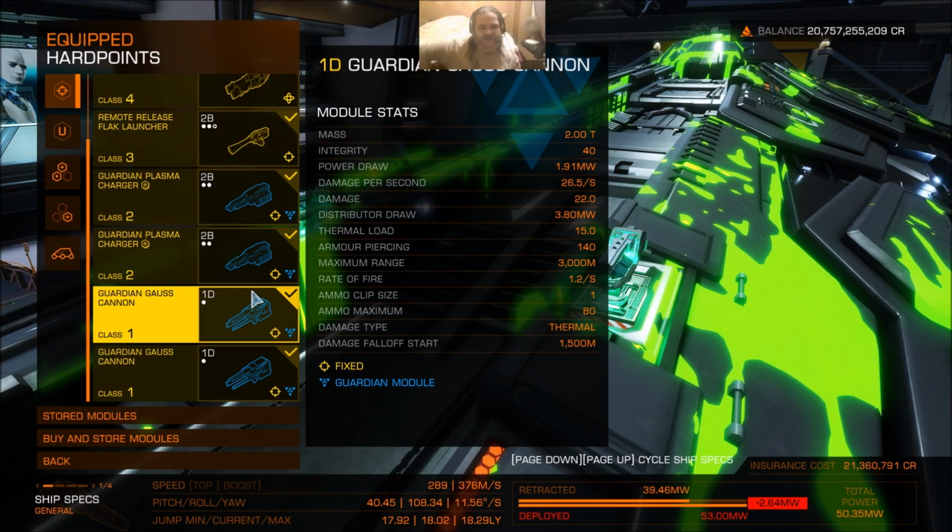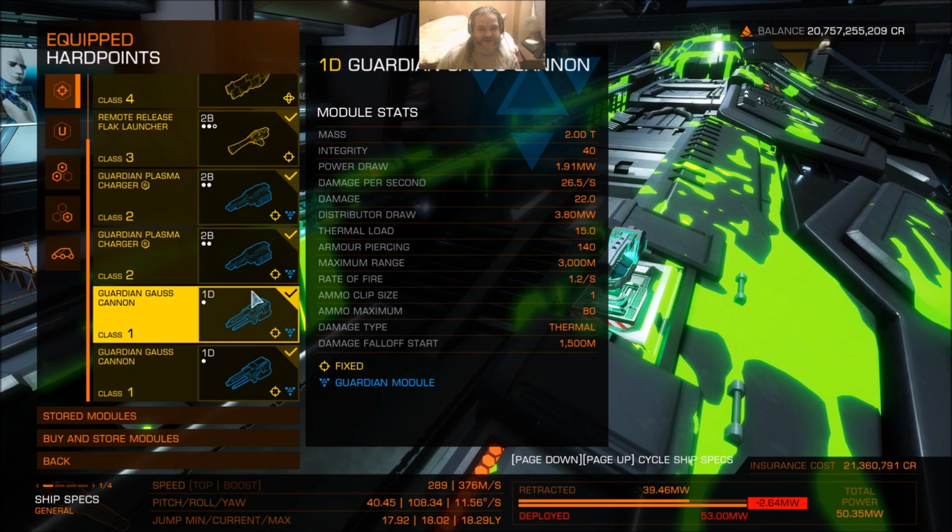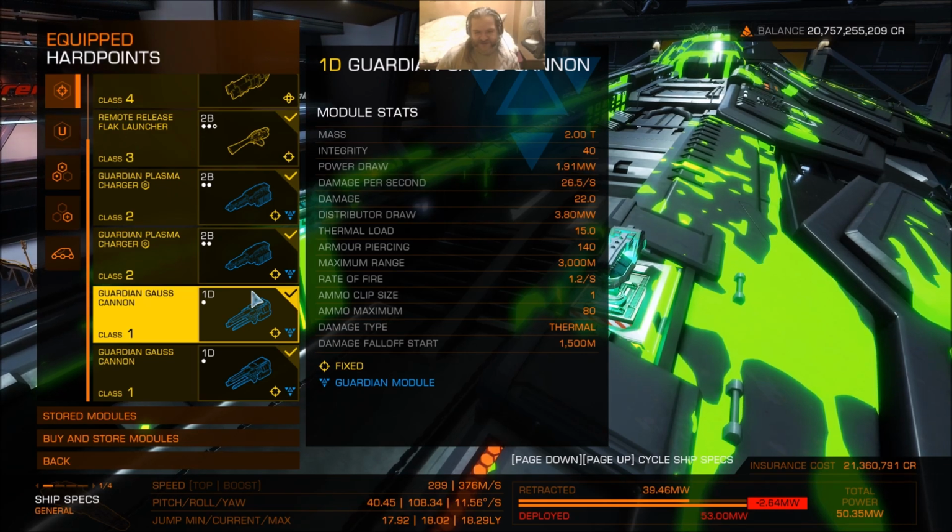So yeah, the new weapons, or Guardian weapons anyway, for my AX Corvette are dual modified Guardian plasma chargers and dual standard Class 1 Guardian Gauss cannons. Now that's what I would use on my